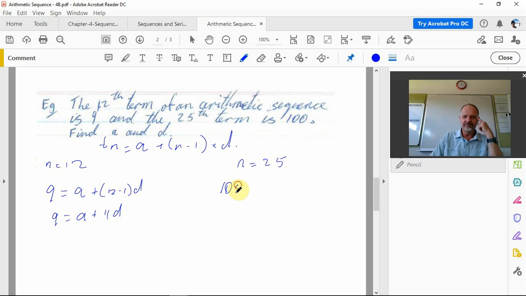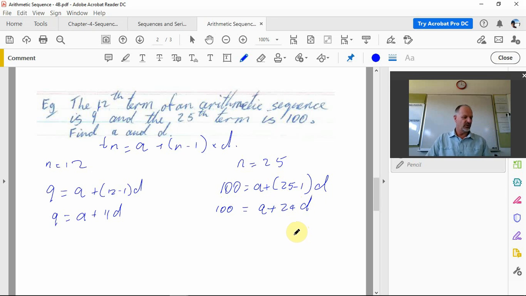So 100 equals A plus 25 minus 1 times D. So 100 equals A plus 24D. And now we've got 2 equations